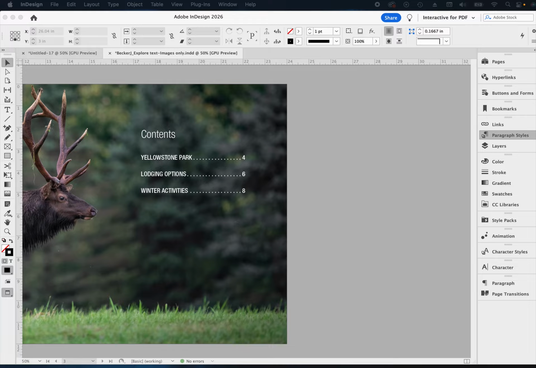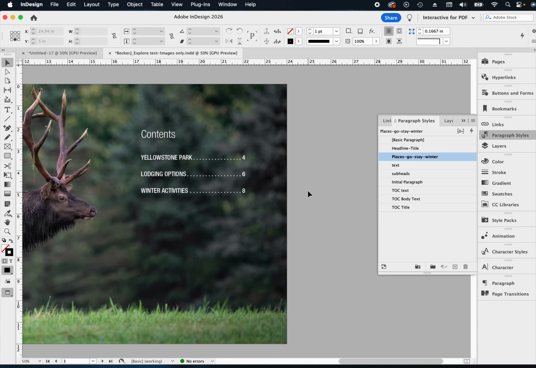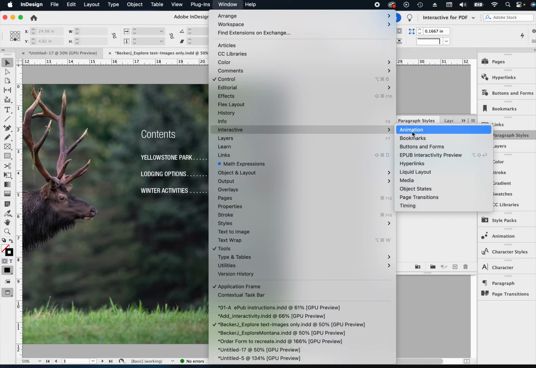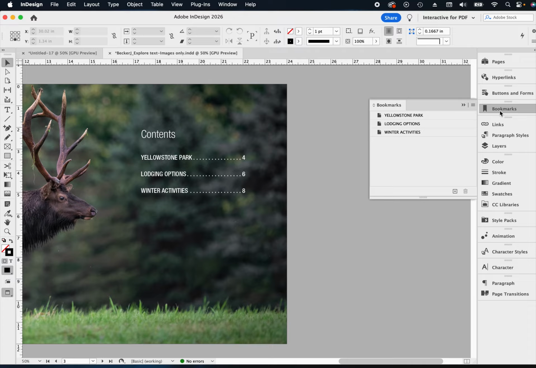What's going to be next? We want to check bookmarks. That's right. And then we'll add the social media icons on here. Let's go to bookmarks. Now in bookmarks, if any of these are not there, a lot of these are going to be found under window to interactive and these elements here. Okay. So bookmarks, I don't have contents,